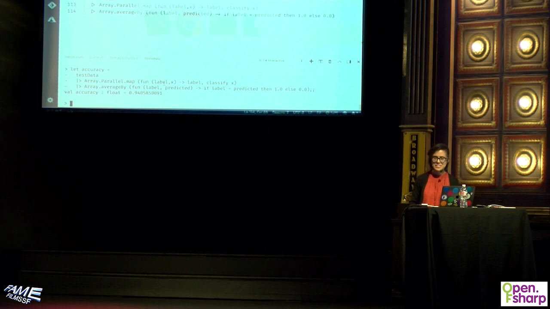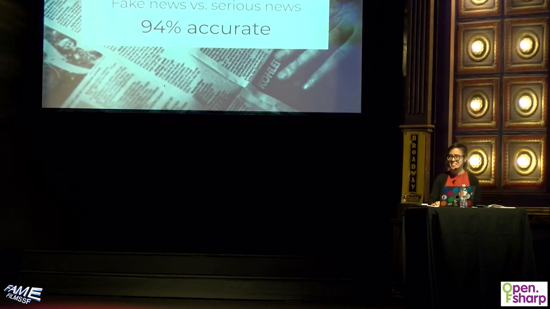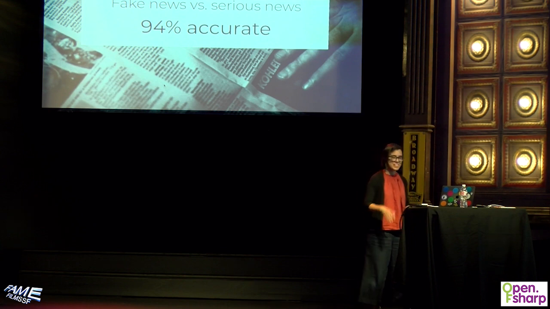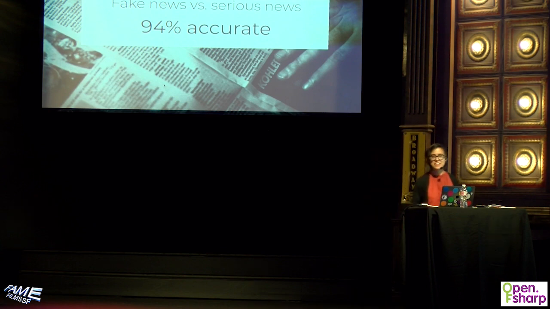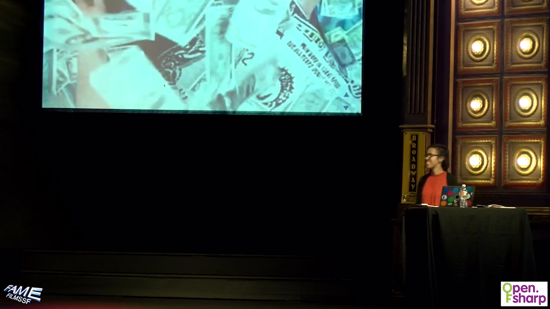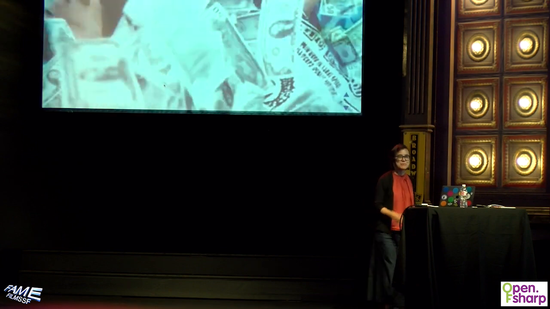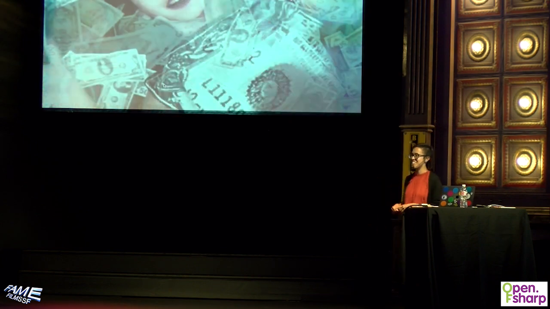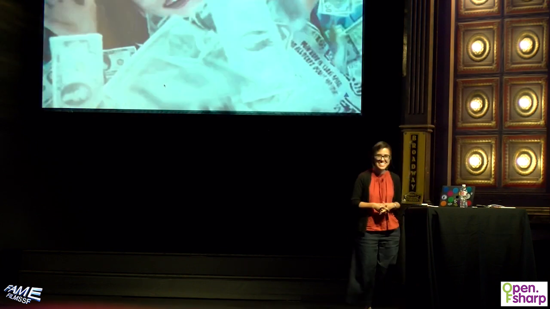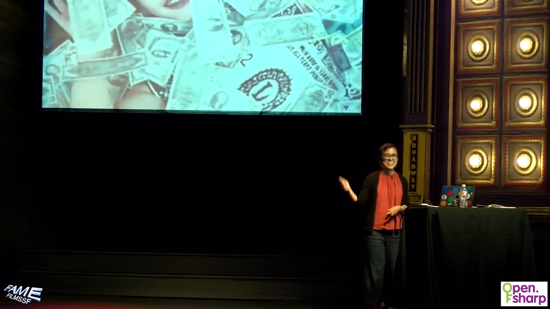So 94%, that's pretty good, right? I can classify fake news articles versus serious news with 94% accuracy, so we are done, no research project needed. And I'm here in San Francisco, let's sell it to Facebook and Twitter because they have such a hard time dealing with fake news articles. And then maybe I can sponsor the next